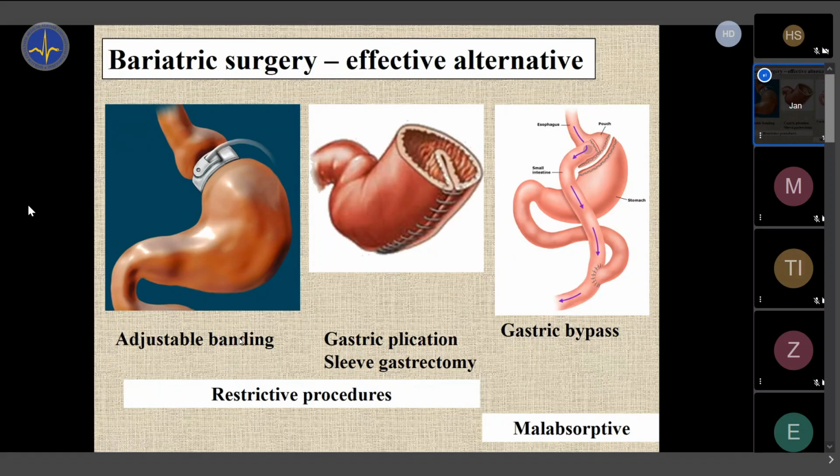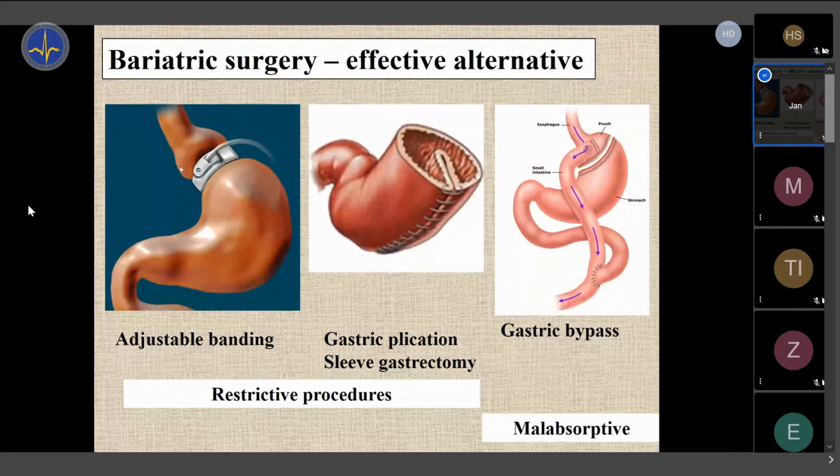So just to have a basic idea, what does bariatric surgery mean? We have two types of operations. One of them is called restrictive procedures, basically making a smaller stomach. The number one procedure today is gastric plication. This is the middle picture. The stomach is wrapped inside and then stapled with a stapler, making a small tubular stomach. So when people eat, they feel satiety very early. They are full very early, so they stop eating and they lose weight because of restriction. So these are restrictive operations.